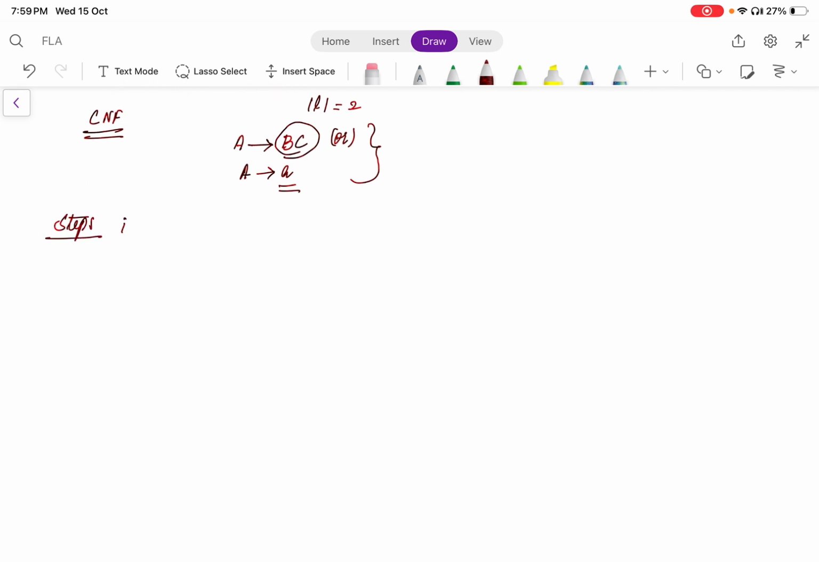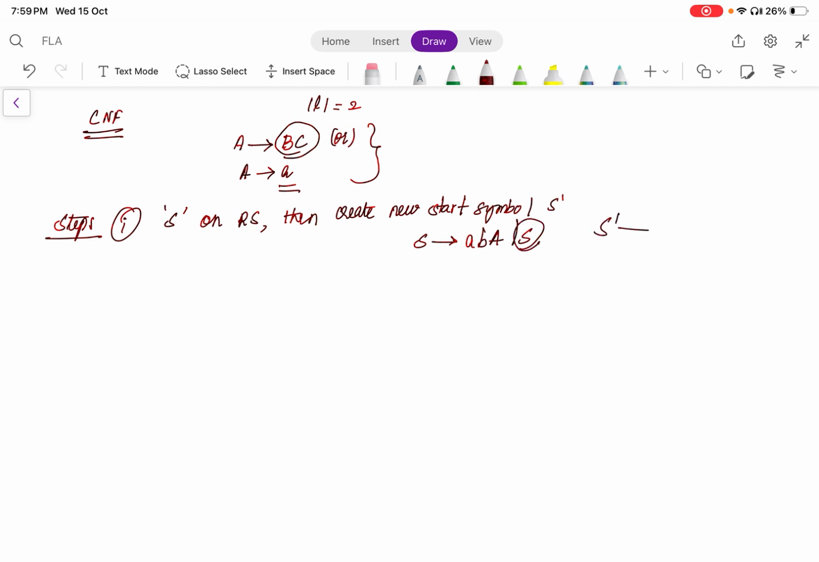The first step is, if there is a start symbol on the right side, then create a new start symbol S dash. For example, if you have S tends to ABA bar S, then there is an S on the right side. So what you do is S dash tends to S, and then you write ABA and so on. After that, the second step is to reduce the grammar,